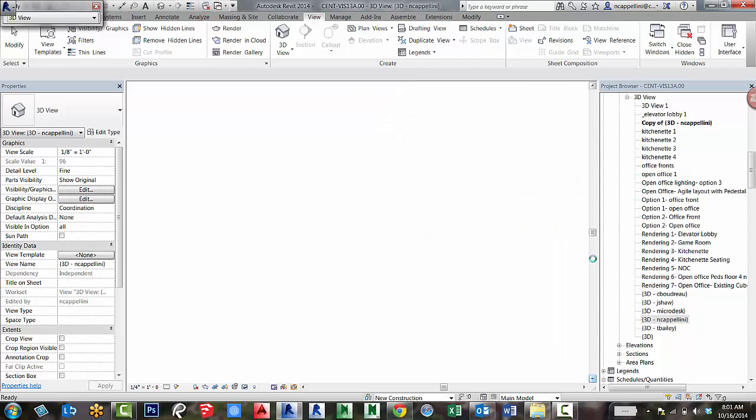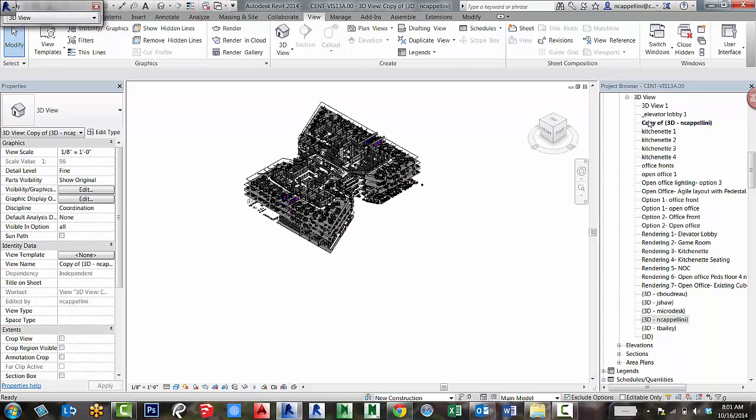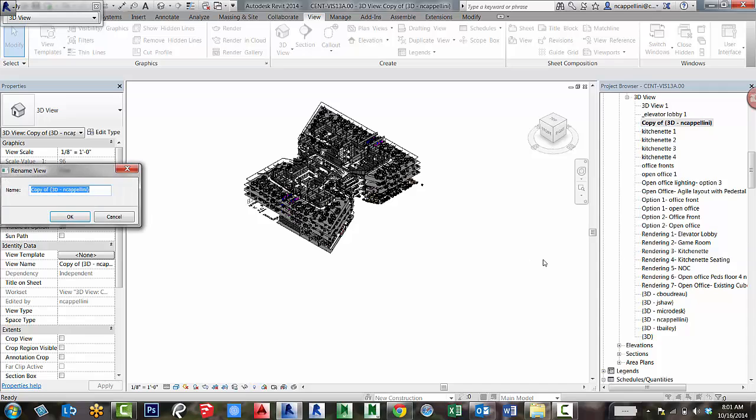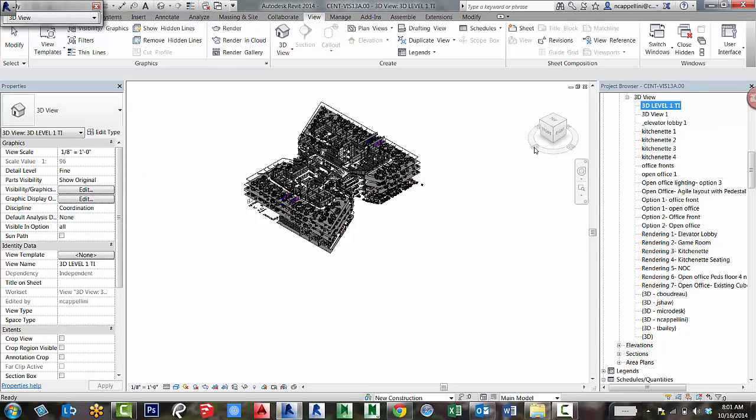It's going to create a duplicate view in a 3D format. And now that I have that 3D view, I'm going to rename it 3D Level 1 Sky, let's call it. Okay, so now that that view is set up,